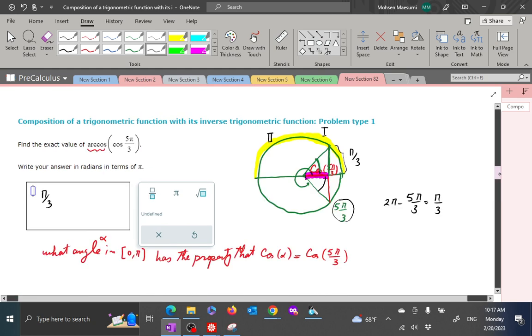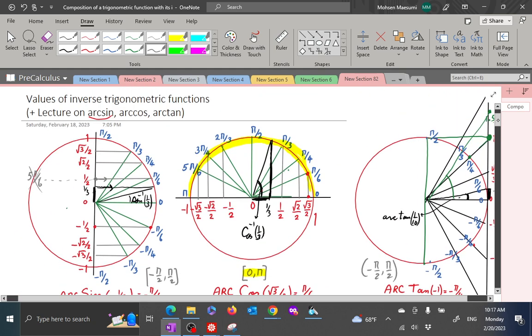Now, if you remember, when we talked about the tangent, our final answer has to be between minus pi over 2 and pi over 2. Arctangent of a number is some angle between minus pi over 2 and pi over 2. That's how we restricted our tangent. So when we are answering the questions here,